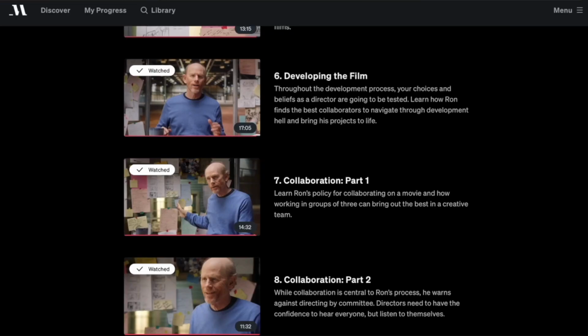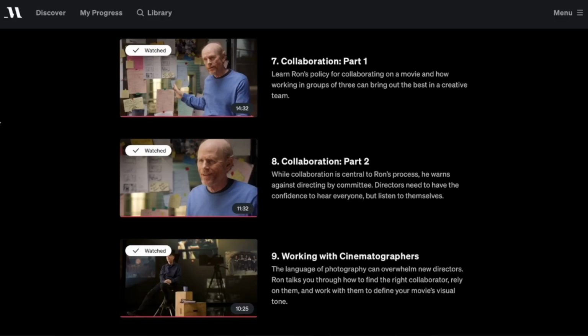And then here he talks about developing the film, what all goes into the steps before the actual movie making. So, you know, hiring a bunch of people. He has multiple conversations with many different people in order to get the movie prepared and done. Here in these two collaboration videos, he talks about also being open-minded. As a director, you have a vision for the film, but you still need to be open to other opinions or ideas that could improve the movie.